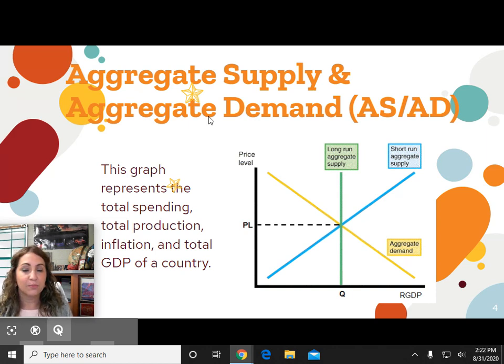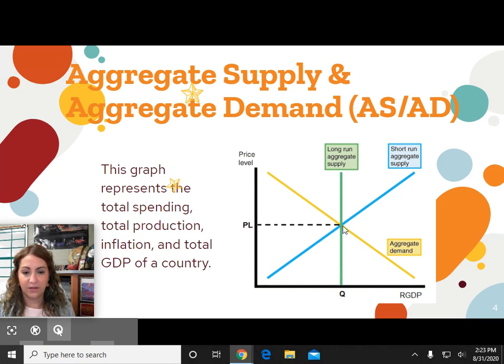And then that green line is completely vertical, touching the x-axis. It's all the way down, and that's long run aggregate supply, labeled LRAS. Where they intersect is long run equilibrium, where the green, the blue, and the yellow all intersect. So I want you to draw your equilibrium points, dotted, all the way to the y-axis. You would do the same thing down to the x-axis as well, but that green line's kind of already there. So we're not going to put those dotted equilibrium points on top of the solid line, but basically here's